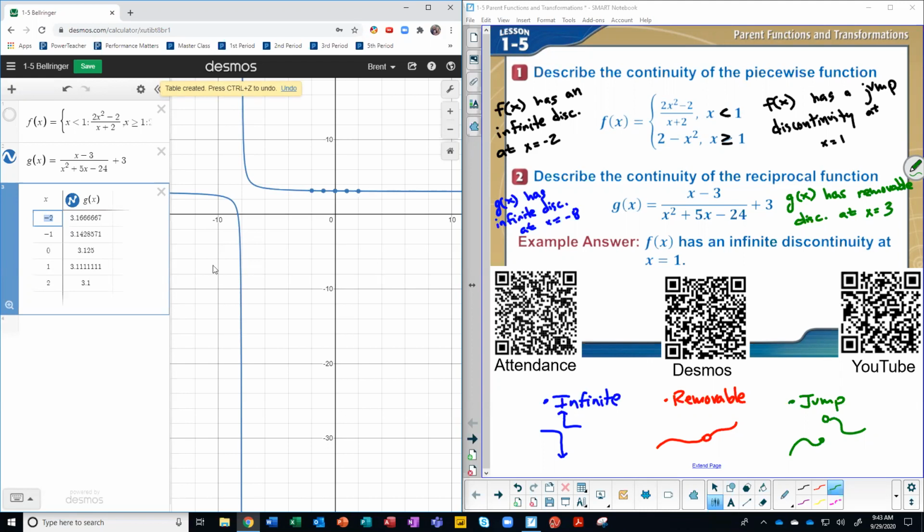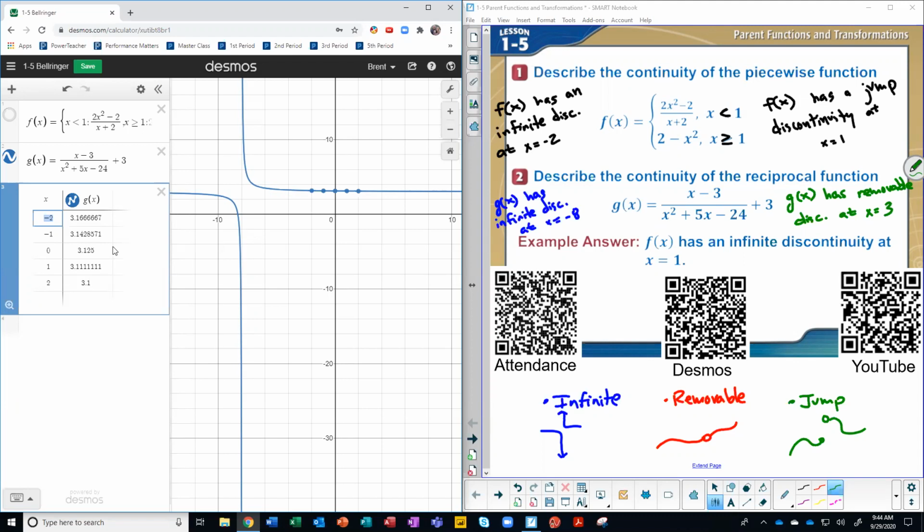If you were only going to use a table, it would become basically a guess and check. The values that automatically show are -2, -1, 0, 1, and 2. Sorry, I got dyslexic there. It started at -2, then -1, 0, 1, and 2. And all these are the y values. Now, I want you to know these look like crazy numbers, but these places are defined because those are actual